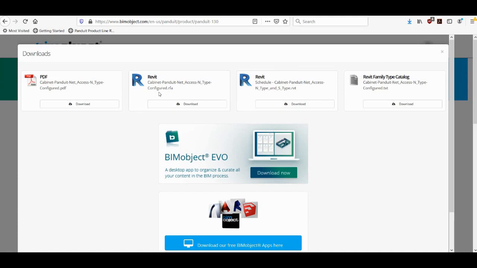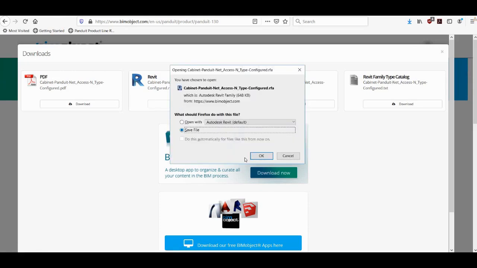But the most important file is the RFA file. That is the Revit family file. And you can also see in this list, we also have a text file available that is called a Revit family type catalog. And so if you see a text file that has the same name as the Revit family file, this tells you that you need to download both files in order for the family to work correctly in Revit. So I am going to go ahead and download the RFA file,